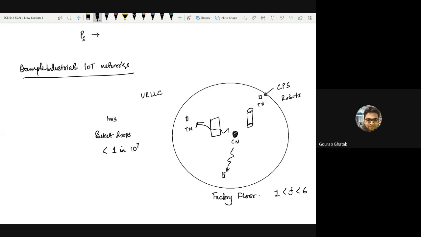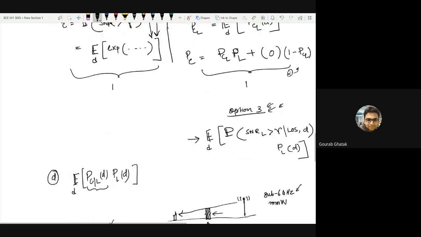Again, the type of information that this controller node wants to send to these terminal nodes, and the characterization of the performance of this network, would be similar to what we have seen before. If it's a URLLC packet transmission, you are interested in whether my current transmission is impacted by a blockage or not; whether the blockage moves and this link comes back into line of sight is a secondary matter of concern. In that case, option 2 and option 3, as I discussed before, are good ways to model the performance of this network.